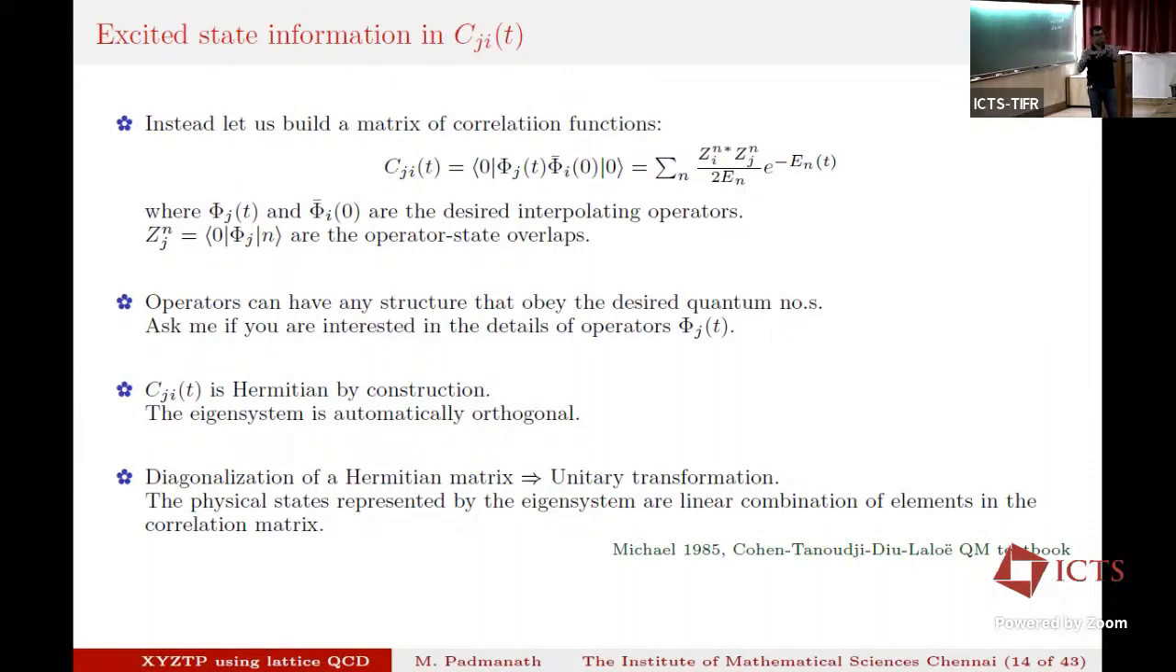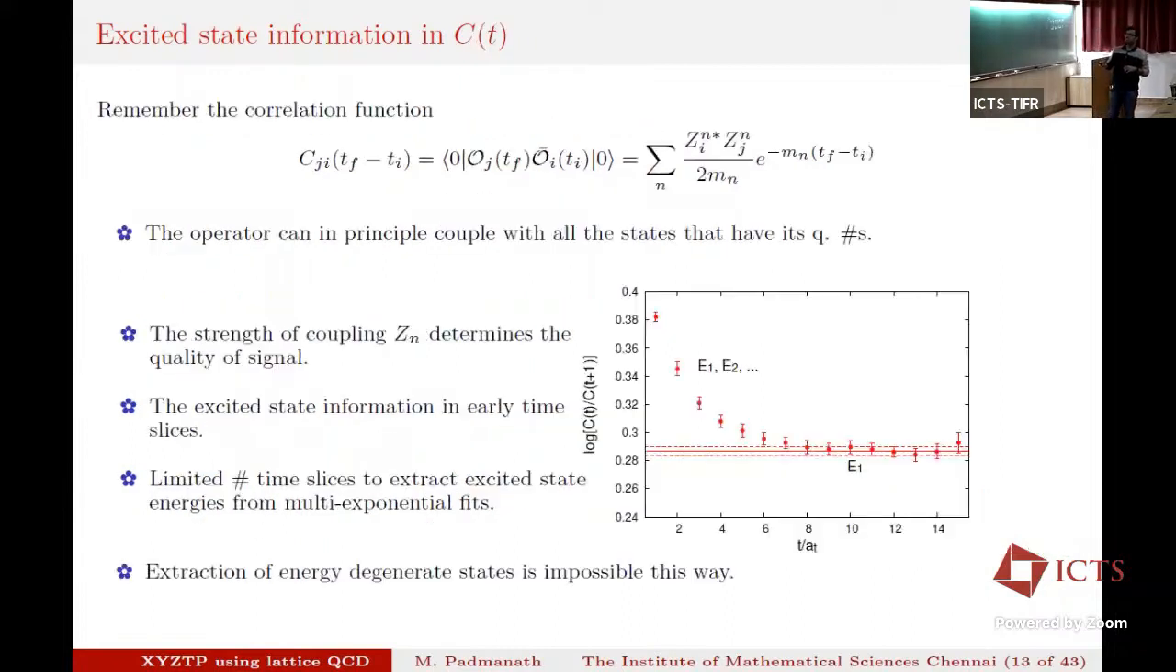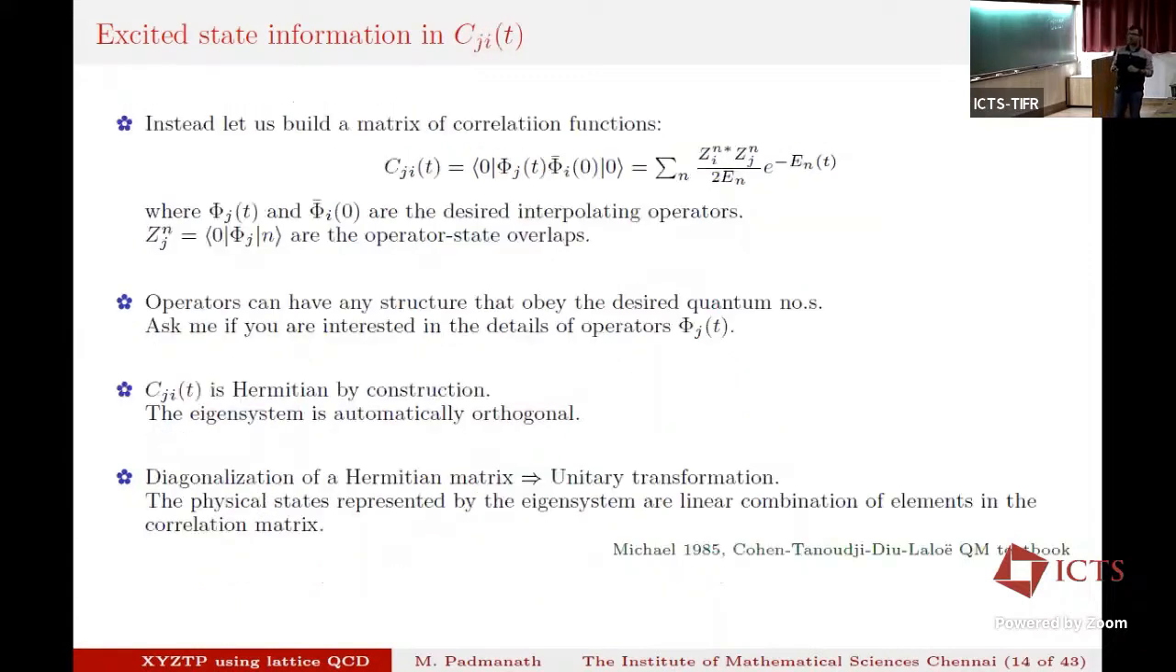In fact, if there is a state that we are interested in, we can use multiple different kinds of operators. The only thing is, there is this coupling associated with this correlation function, and depending on the operator that you choose, your signal will be better or worse. All right, so this way you can use multiple different operators and try to extract